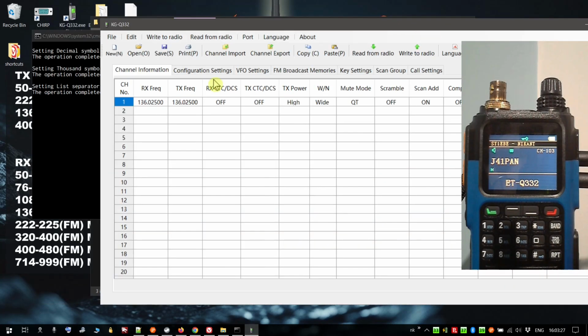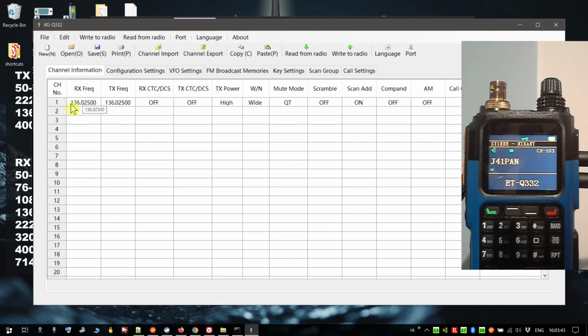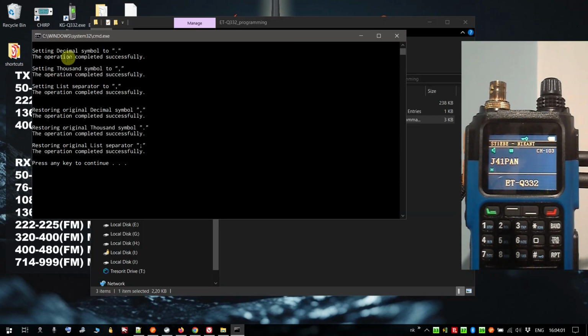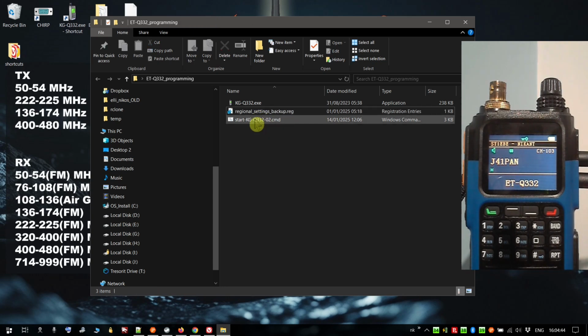Right, as you can see here, my batch file, my command file, is changing the decimal symbol to dot, and the list separator to comma. It then activates the CPS, which right now works as it should with the dots. I can input any frequency here and it works perfectly. And when we close the CPS, it reverts the delimiters back to what I have in my country. It also saves a registry file for Windows as a backup. If anything goes wrong, you can double click this file and revert to the original settings that your computer has. Now, enough about this. Let's see the CPS and its functions.